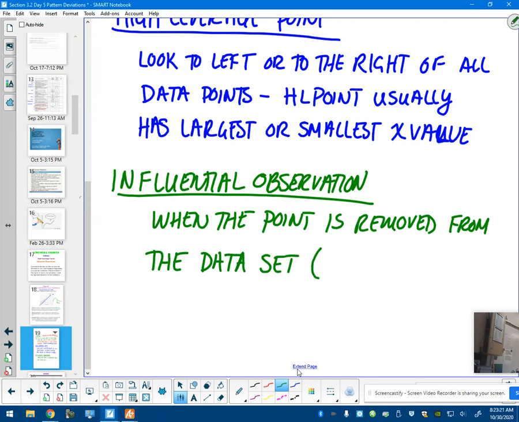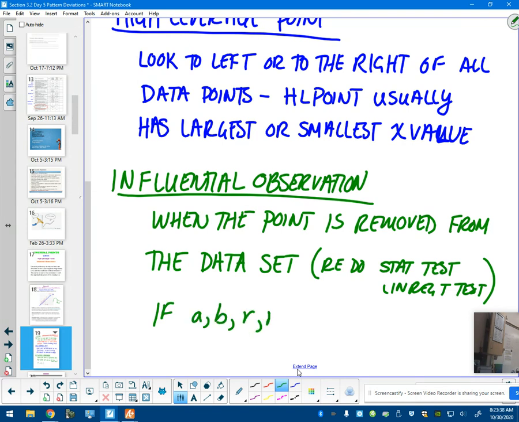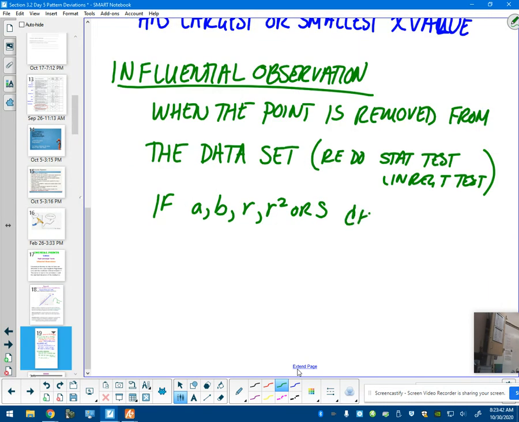And then I'm going to put in parentheses, redo stat test, LinReg t-test. If a, b, r, r squared, or s change significantly, and that's up for,